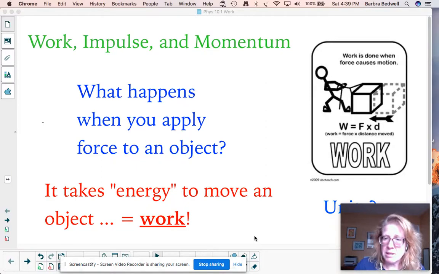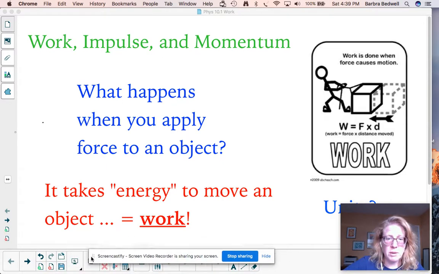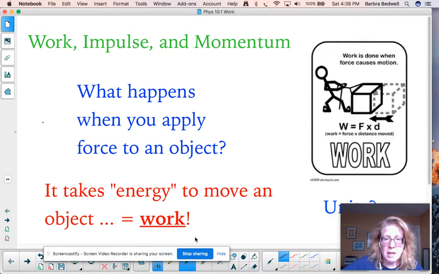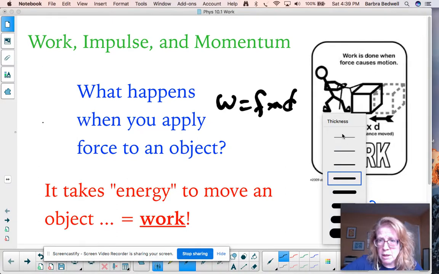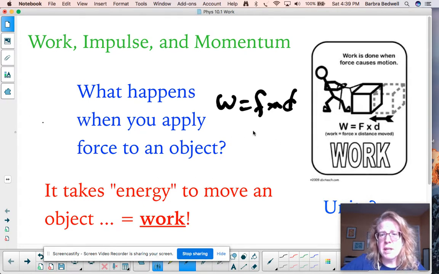The units for work are a little bit funky, so I do want to mention what the actual units are as we're going through this. I gotta get my pen tool. Sorry about this. If we're doing work equals force times distance, that's an aggressively fat pen. Hold on, let me fix my pen here. There we go. So if we do work equals force times distance, force is in newtons, distance is in the